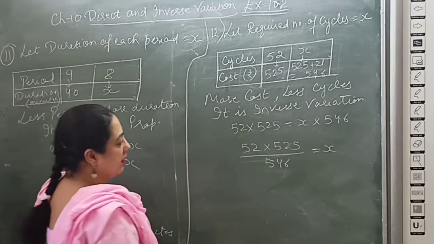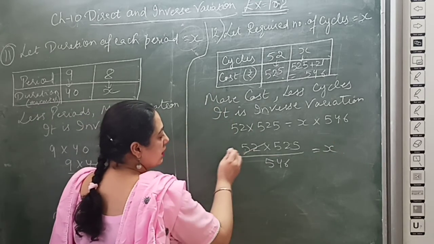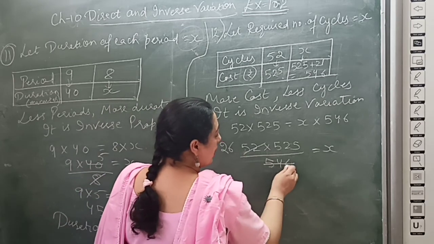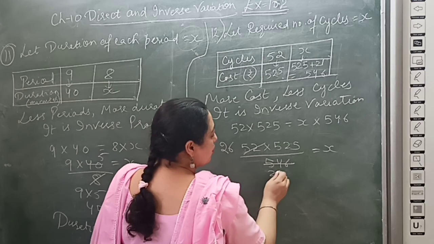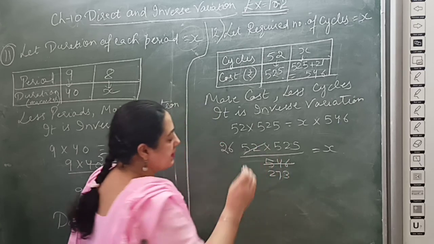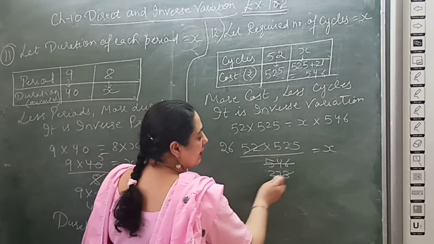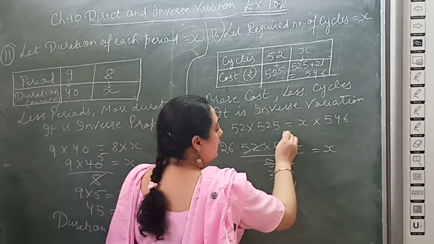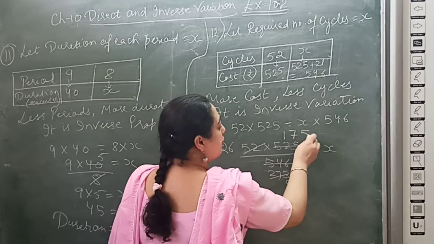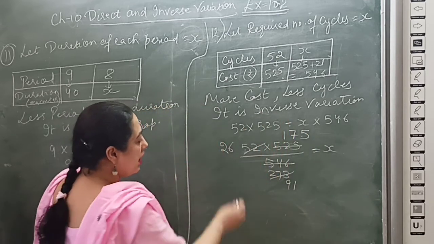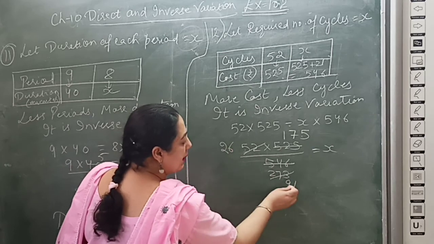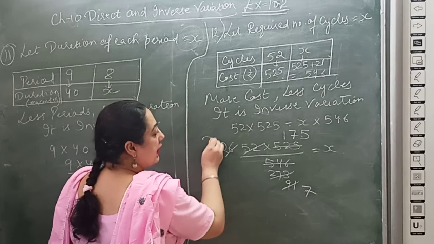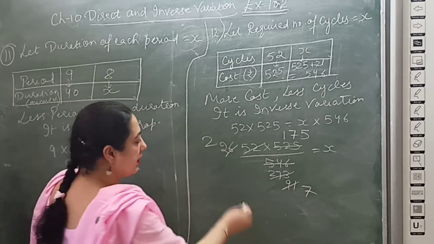Now better do the cutting. First of all, I will make use of the table of 2. 2 2s are 4 and 2 6s are 12. Here 2 cuts 546, 2 2s are 4, 2 7s are 14 and 2 3s are 6. Now again do the cutting in the table of 3. 3 9s are 27 and beta 3 1s are 3. Here 3 1s are 3, 3 7s are 21 and 3 5s are 15. Now I do the cutting of these two in the table of 13. 13 7s are 91 and 13 2s are 26.